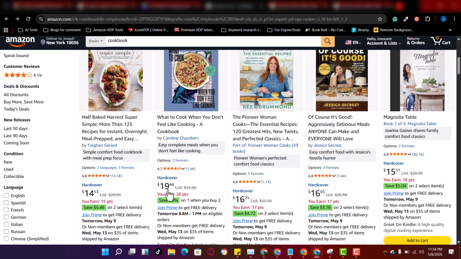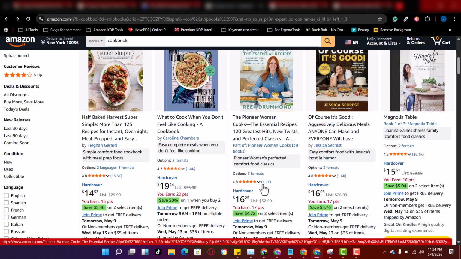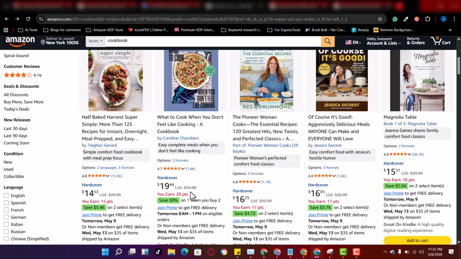You understand? Now, also, if it's an ebook, which is the Kindle version, which you read from your mobile, they also pay you royalty for that one. If it is paperback, they also pay you royalty. So after they remove their printing cost, then they take their own 30% or 40%, then they give you royalty of 60% from that book. So when you do all the maths, you're going to see that they are also making money from the books and they're making a lot of money from it.